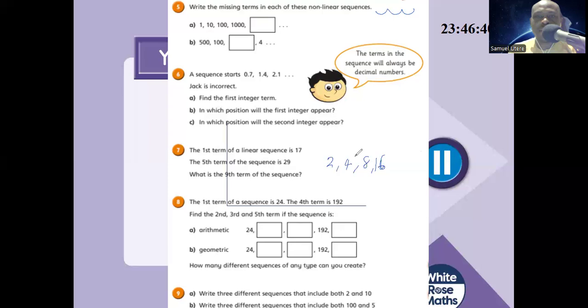Let's say I skipped this one, and you do not know what they are, which is a bit like this one. If I am multiplying by 2 every time, what if I did 16 divided by 2, which is 8? What does that tell you? This 8 tells you